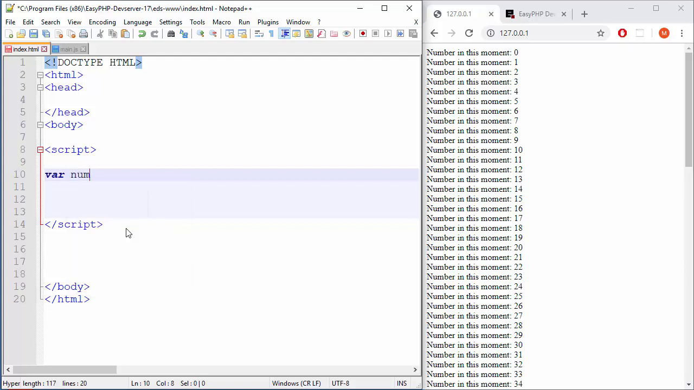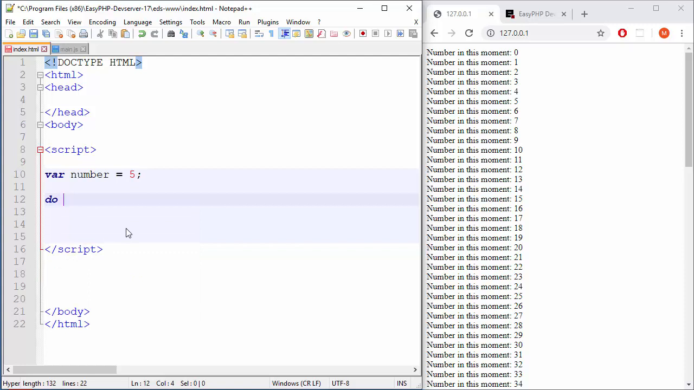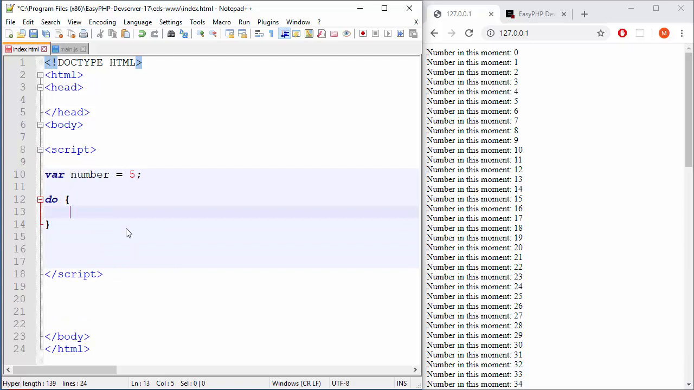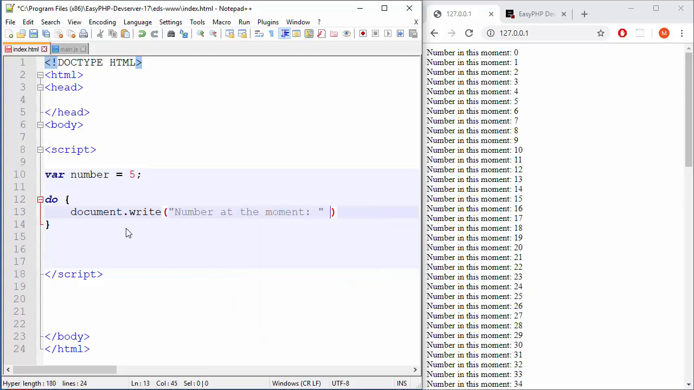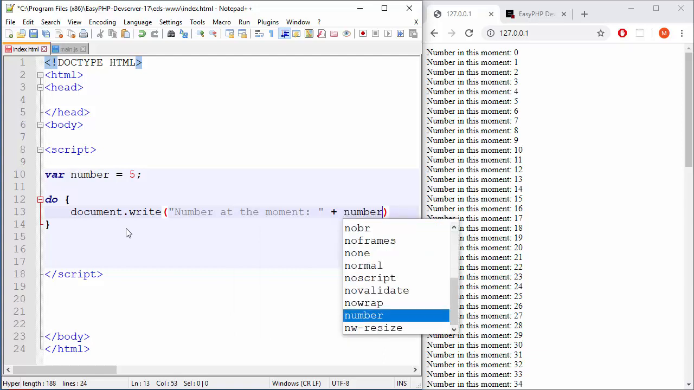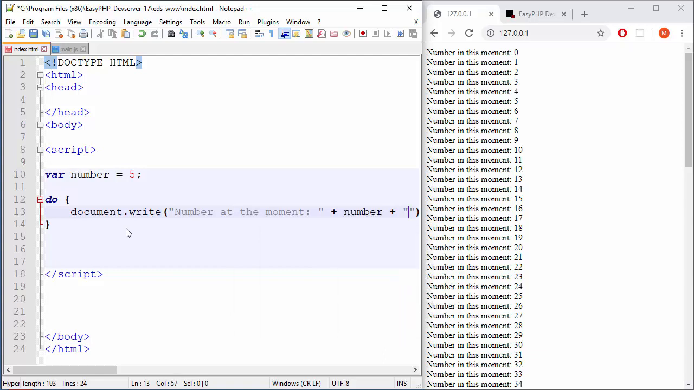So var, let's say number equals 5, and the funny thing is, you will recognize a do-while loop by this: you will use the keyword do at the start, and immediately proceed to the actual operation, which in our case is just classical printing on a screen. Document write number at the moment, that specific number from reality, plus break. Okay,